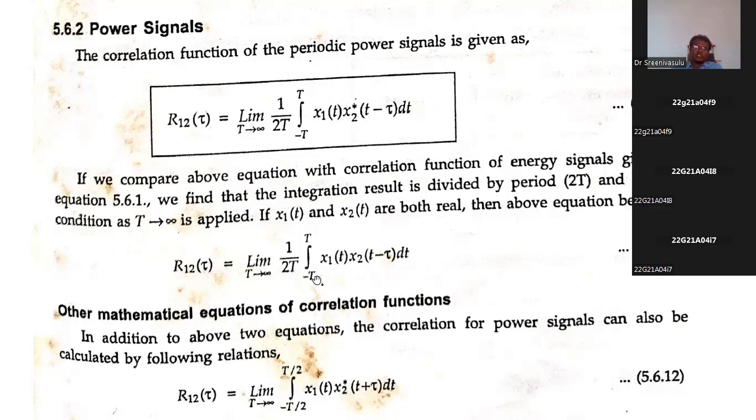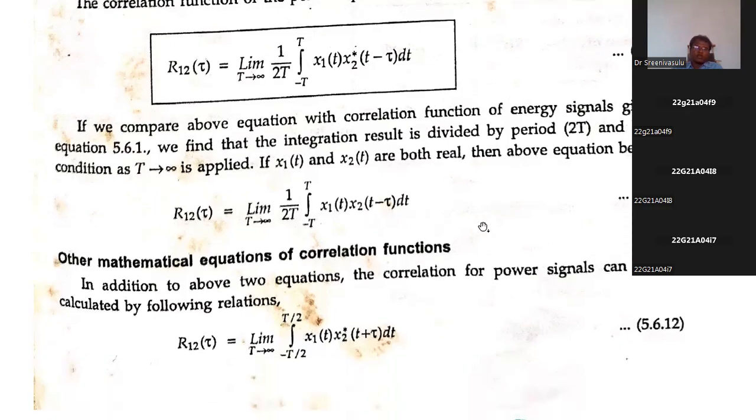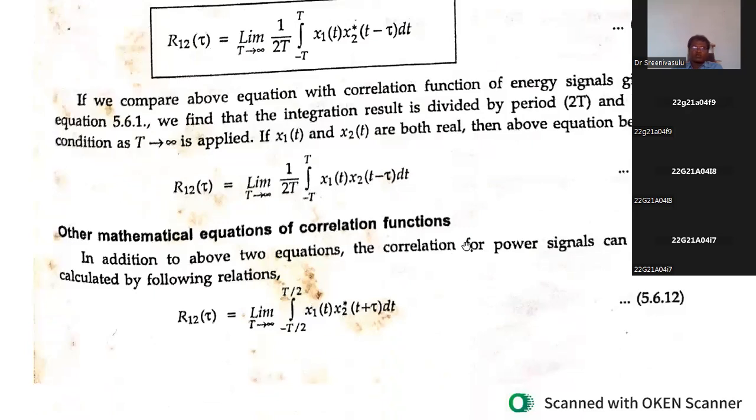Now coming to the discrete time formula. It is also a continuous time formula, but it is for complex signals, not only for real valued signals. Whenever there is a complex conjugate, we are assuming there may be a chance of considering complex signals. Suppose the given signal is not a complex signal, this formula is sufficient. Okay, we can also write the formula.